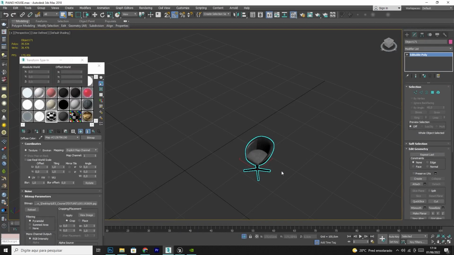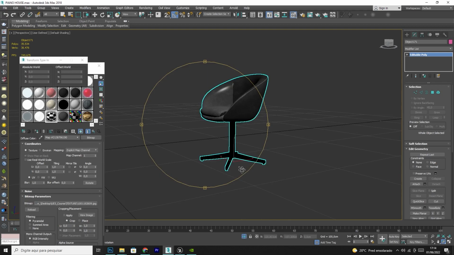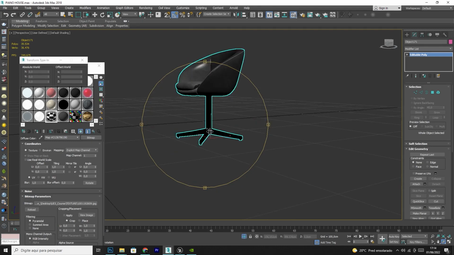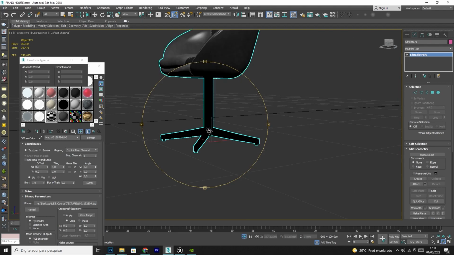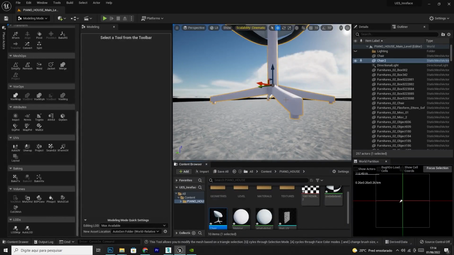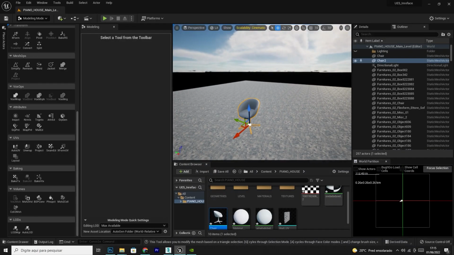Well, possibly during the modeling of this armchair, in the software where it was modeled, the model was built from this position here. So Unreal Engine understands the position where the model was built. Maybe this element was built first, and then it was attached to the other, and it considered this position here. This is one of the ways to zero the position of the pivot inside Unreal Engine, but